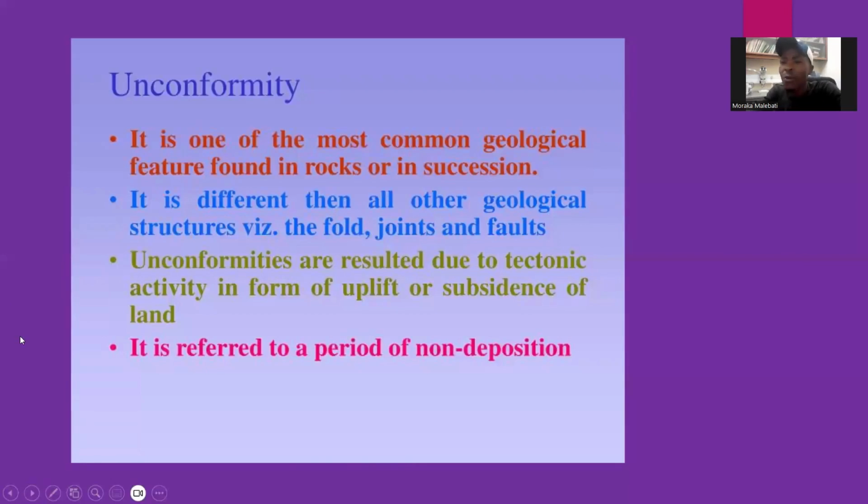So basically, an unconformity is defined as a period of non-deposition, a period in which deposition stopped for a moment. That is to say, a period at which deposition stopped for a moment, or you can define it as a period of erosion. That is to say, for example, according to Nicholas,